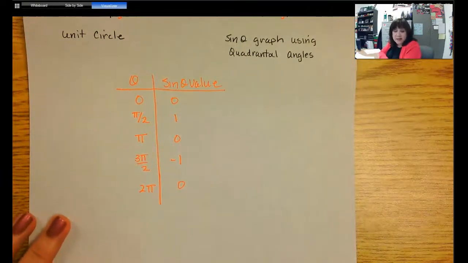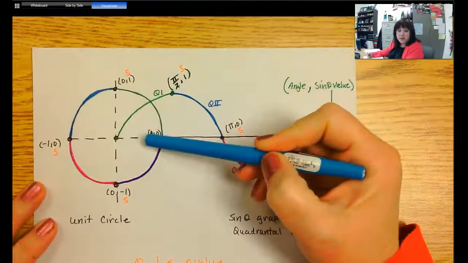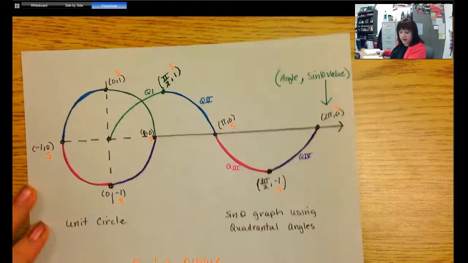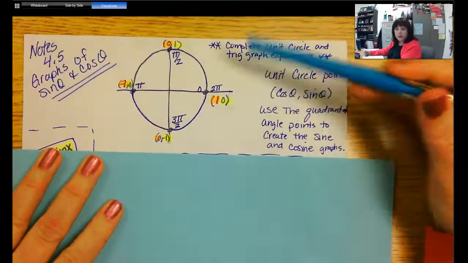So it's just as easy to get the ones for cosine, because instead of using the sine values when you work your way around the unit circle, you would be using the first coordinate, which would be the cosine values, all the way around. So that's the process, or what we're getting ready to do. So let's talk about getting the sine graph, the first one. So first off, here's my